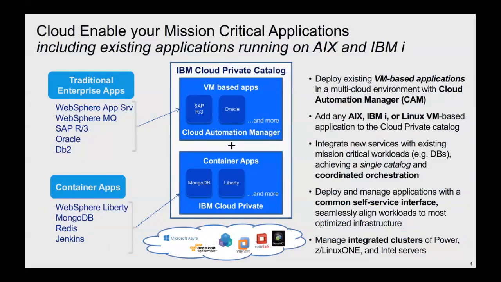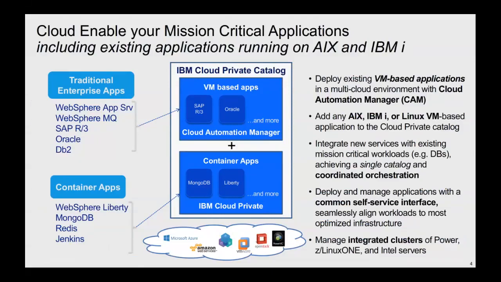So expanding a little bit on what we can put into this Cloud Private catalog, we can have our traditional applications, as mentioned, that run inside virtual machines. They can be AIX, IBM I, or Linux VM-based applications. They can be connected into the catalog, where the catalog then sees and is told how to talk to these applications through various means. And then you can have these containerized apps underneath, which also run their own cloud native, in our parlance, applications. These can all then get managed on top of